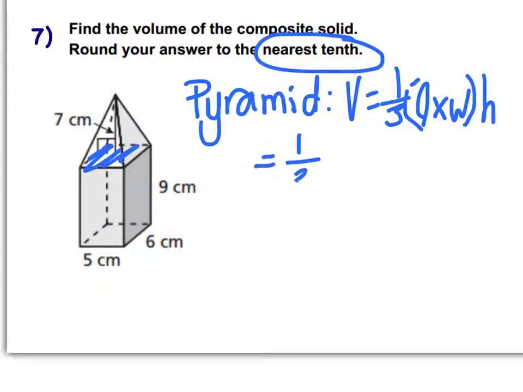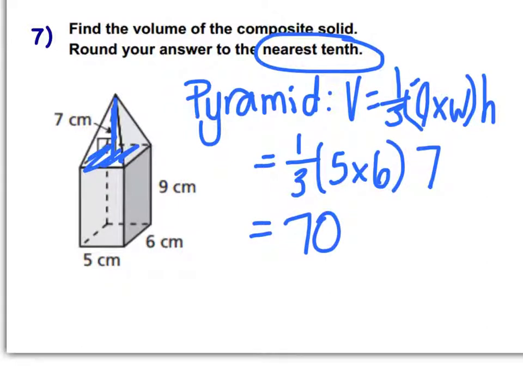So I'm grabbing my 1/3 times my length and width, and the full height of the pyramid is not 9, because remember that is the rectangular prism right there. We're talking about 7, so multiply by that 7. I'm going to just go ahead and multiply that up, and I am getting 70